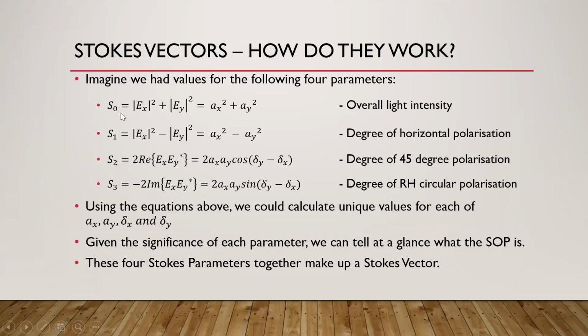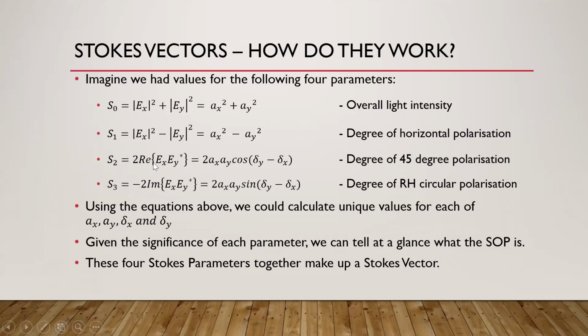So if we look at S0, it's the intensity of the X component plus the intensity of the Y component. So basically it's the total intensity of the light. Normally, Stokes vectors are stated in a normalized state, and they're normalized with reference to the value of S0. So in other words, whatever the overall light intensity is, that's stated as 1, and everything else is